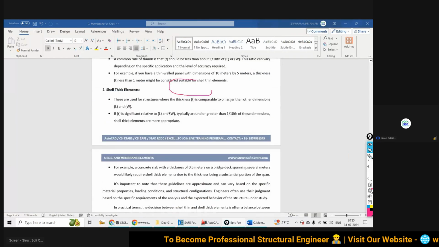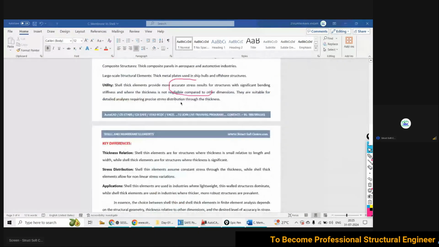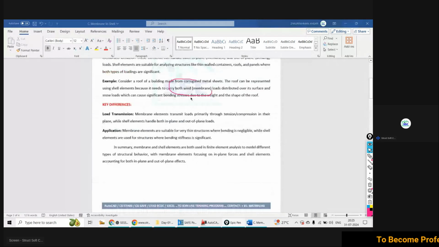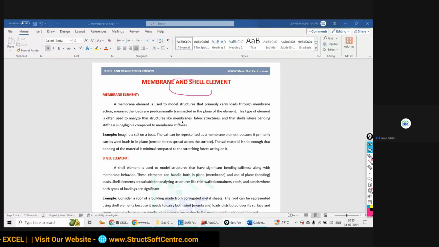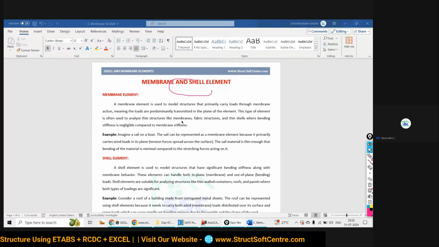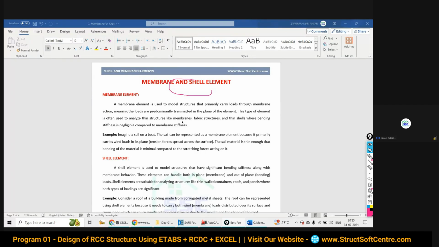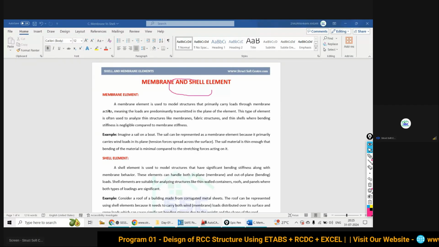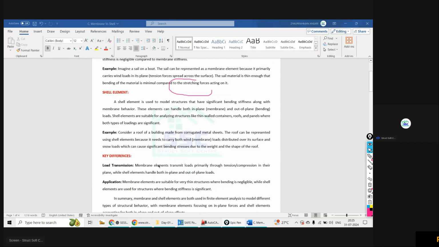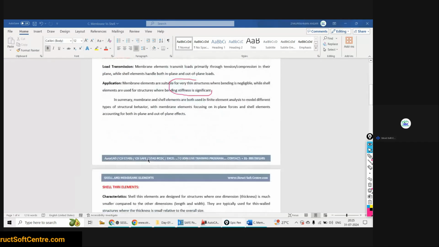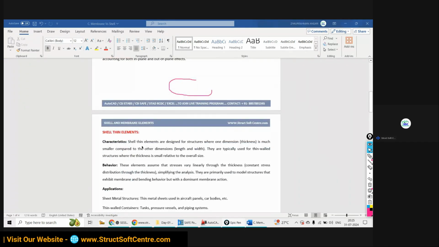meaning conceptual understanding, so not very big data. So I would recommend just going through it once, membrane and shell. Whatever I have discussed, I have explained in a very basic way, okay, for your understanding. But in a real concept, in a real definition, the membrane and shell are given here with an example. Okay, I have written these notes for your understanding, so I just recommend you all to read these notes once or twice.